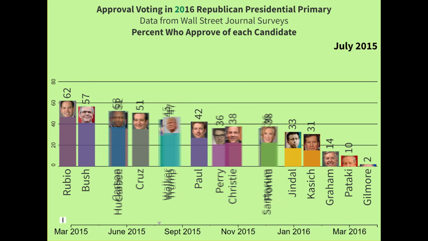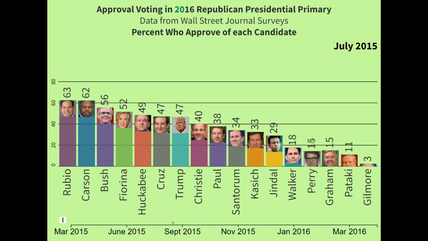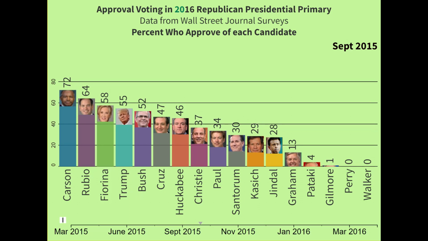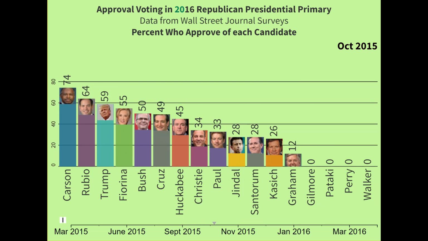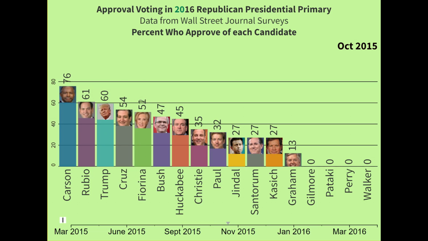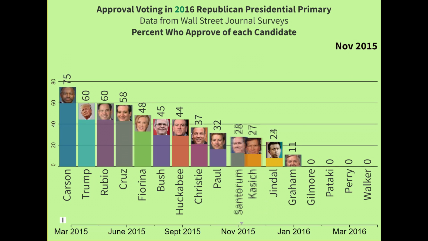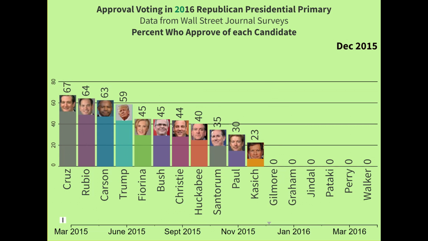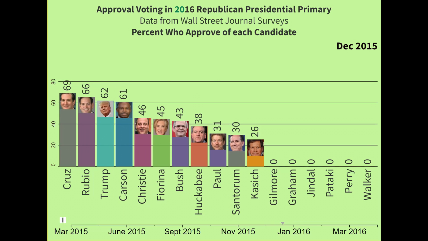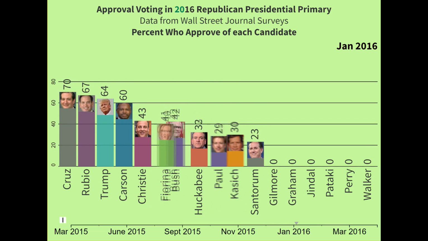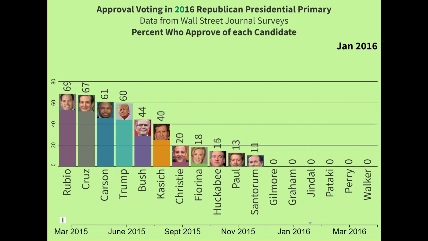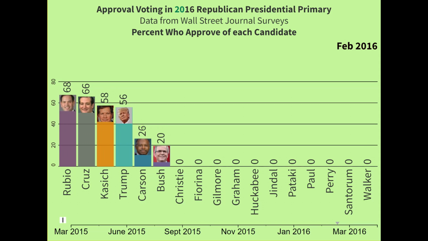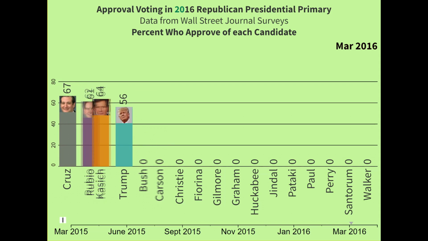By September, Carson had overtaken Rubio for first place. Carly Fiorina was in 3rd, and Trump was in 4th. By January 2016, Cruz had moved ahead of Rubio, and Trump was in 3rd place. Many candidates would drop out during this month because they were not viable under the Choose One voting method. Rubio, Cruz, and Carson were in 1st, 2nd, and 3rd, while Trump took 4th. During the month of March, Rubio dropped out, and Kasich made a big advance.